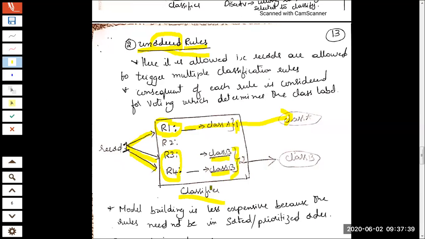Okay, so class B. Now we will perform voting. Voting means the one with the maximum count will win. Who is the winner here in this case? Is it class A or class B? Who has the maximum vote? You can see class B has the maximum votes, meaning that this record 1 will go and sit inside class B. Please understand, we have not done any computation in terms of deciding on the priority